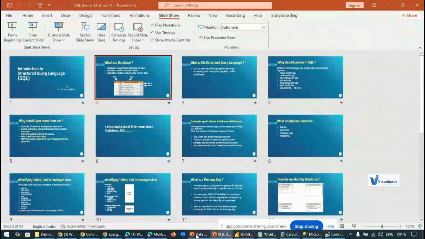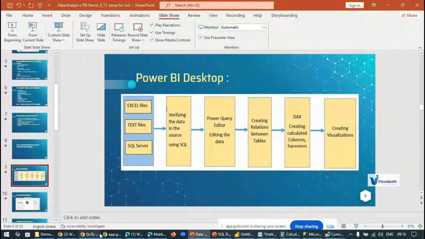Sir, how is the job market for Power BI or Tableau analyst? Yes, we will come to that. The job market is definitely good for Power BI and SQL. But nowadays companies are asking for multiple skills. I'm interested to learn Power BI because I am from a cloud security background, and I would like to upskill or cross skill to learn any data visualization tool, either Power BI or Tableau. So that is the reason I'm here.